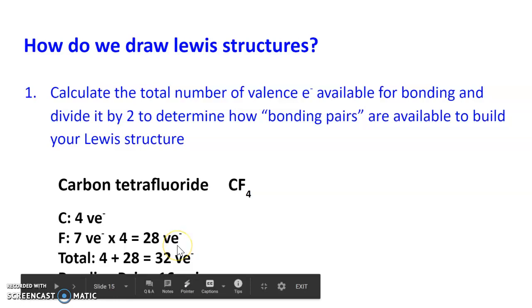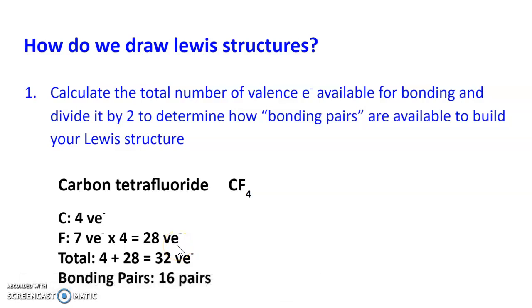We can add those together, the contribution from the carbon and the contribution from the fluorine, which gives us 32 valence electrons to build this molecule. And if we divide that by 2, that gives us 16 bonding pairs. Next step,